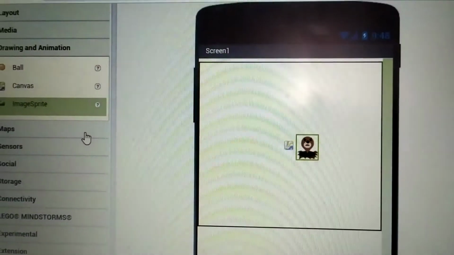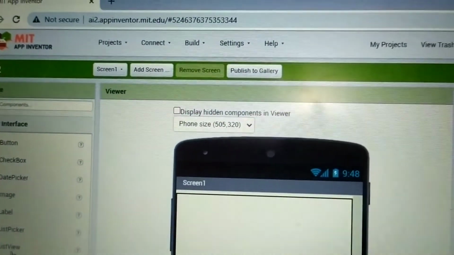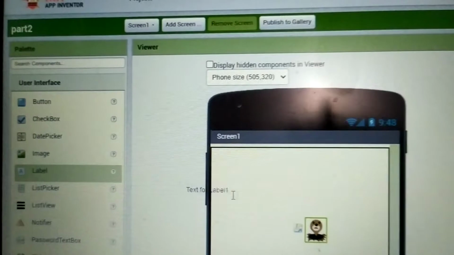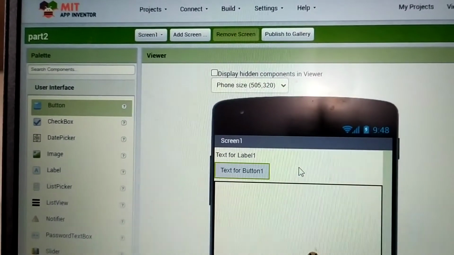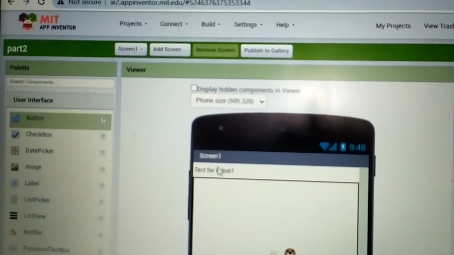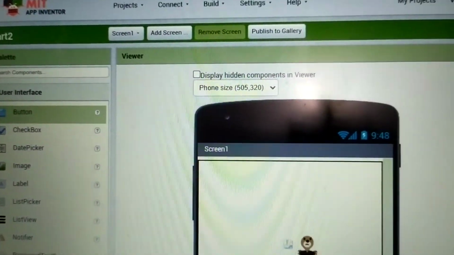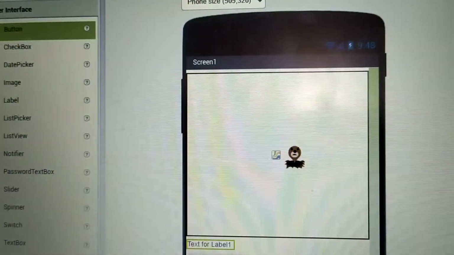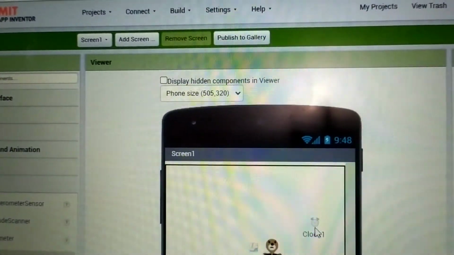Okay, so now we need to add a few components. Go to user interface, label, drag and drop, button, drag and drop. Then in the sensor section we need to add clock.